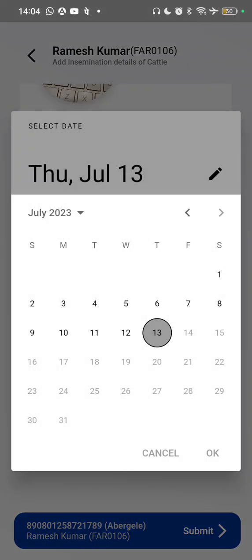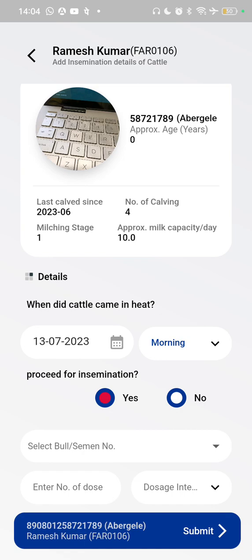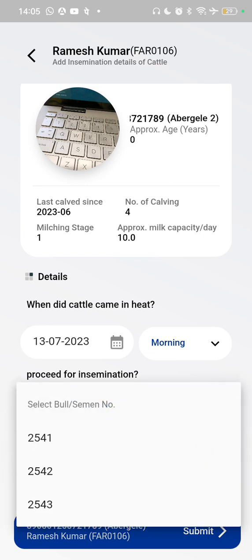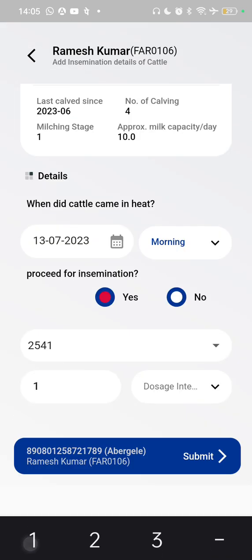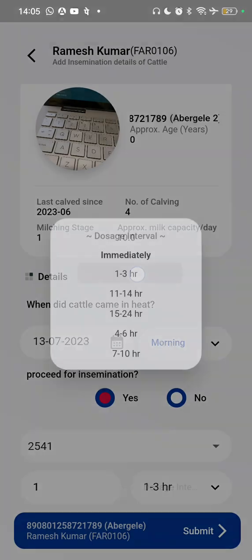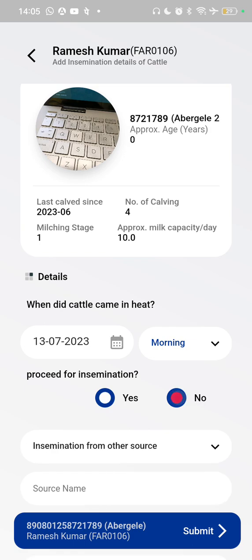If he has selected the timing as more than 24 hours, let's suppose he has selected today, then it will ask, do you want to proceed with the insemination? If the farmer says okay, he will select yes, then he will do the insemination, entering the bull breed ID, the number of doses given, and the interval between multiple doses. So here the veterinary doctor can proceed with the insemination as well. If he has selected no, then it will